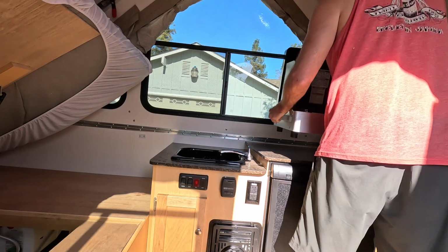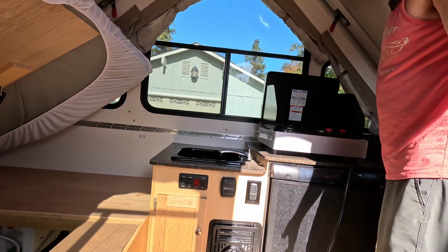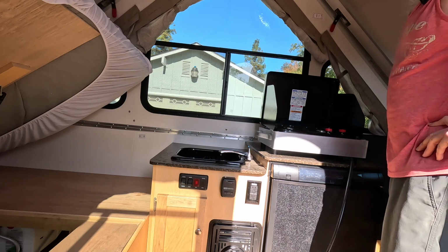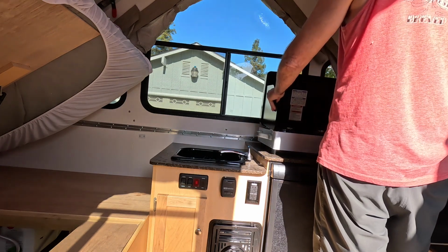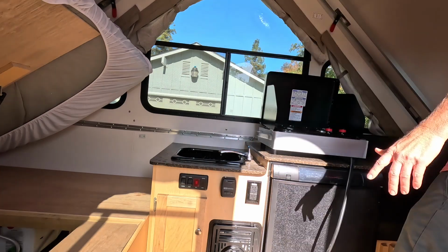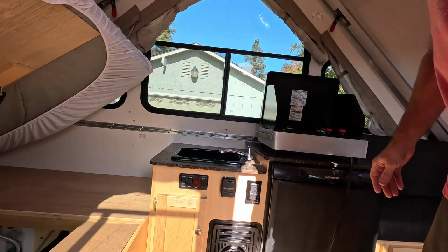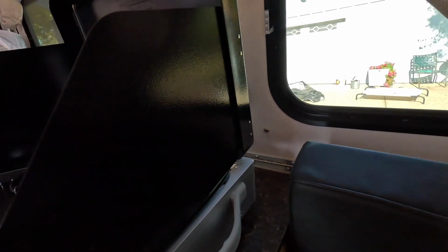Yeah, so that's really cool. But if it does happen to be cold and maybe for some reason it's raining or whatever and you wanna cook inside, you can still do that. So it has these nice little panels for keeping all the flames and stuff like that away from your trailer. The only bad thing I don't like is you don't have any easy way of connecting it up. So you actually have to remove your, well,